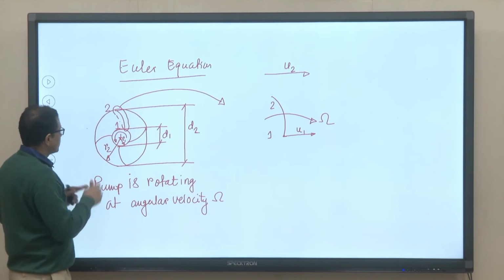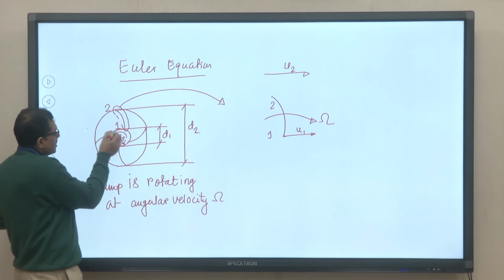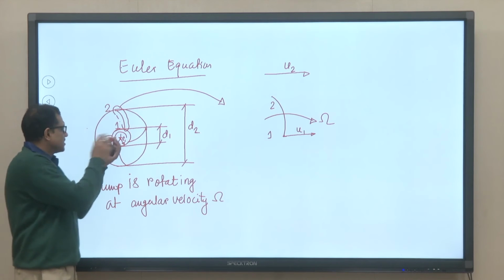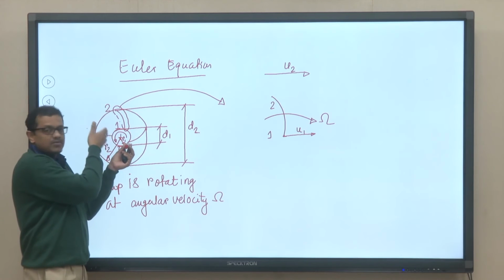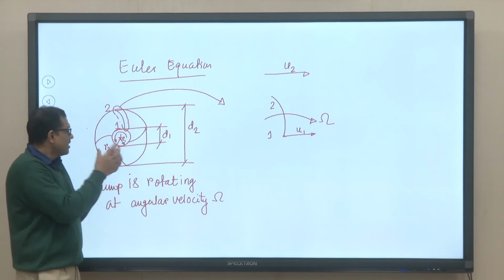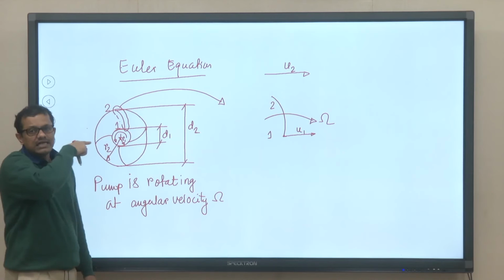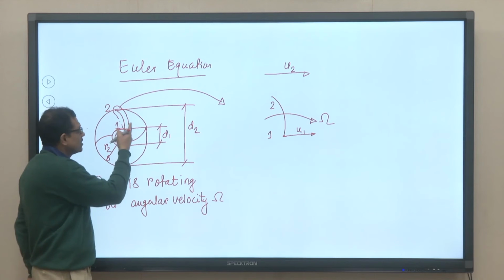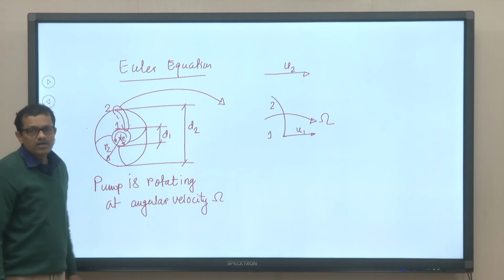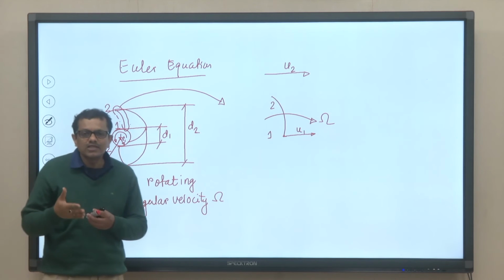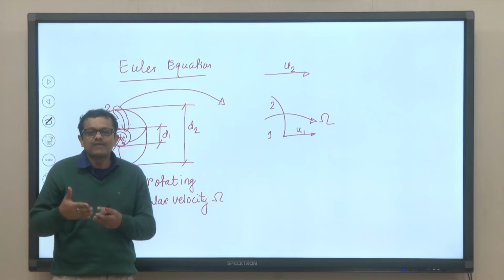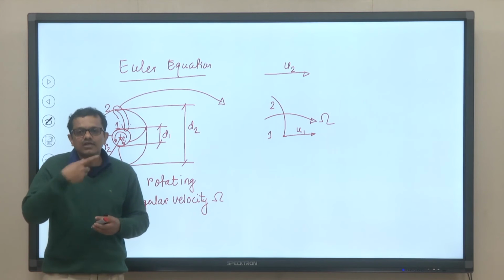If we now try to understand the fluid, this is the impeller, and the inlet is connected perpendicular to the plane of this board. When this impeller is rotating, fluid will enter into these blade passages, I mean the passage between two consecutive blades. So, we will have a velocity of fluid, but that will be the relative velocity because the impeller is continuously rotating.